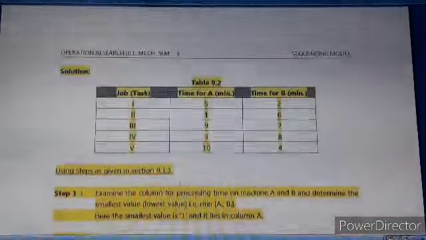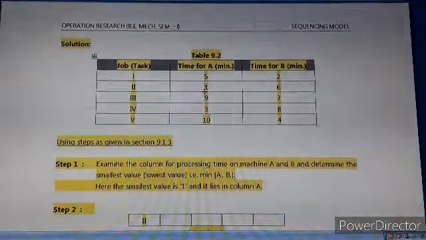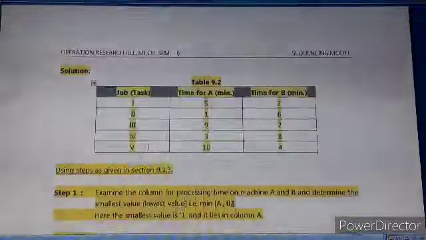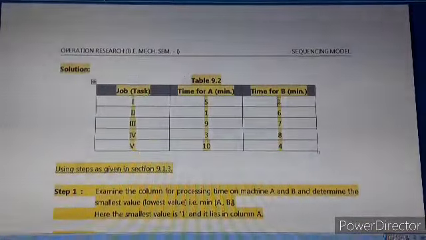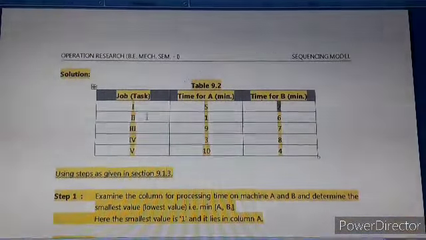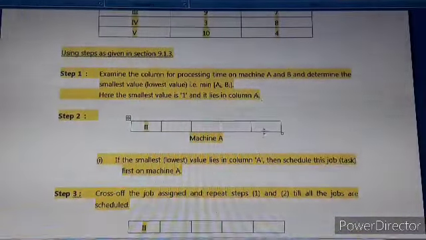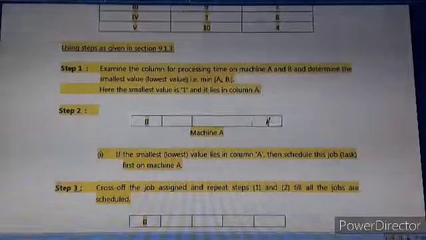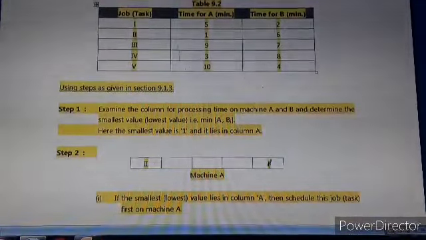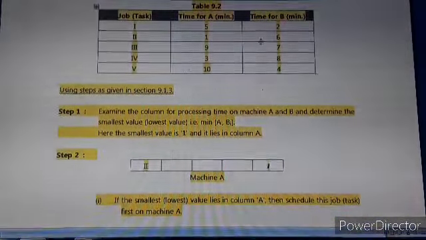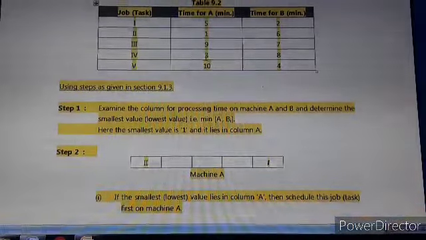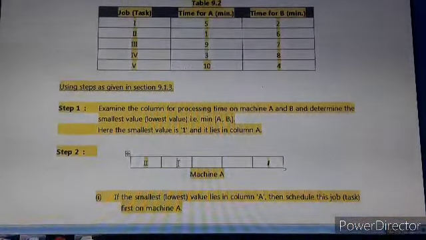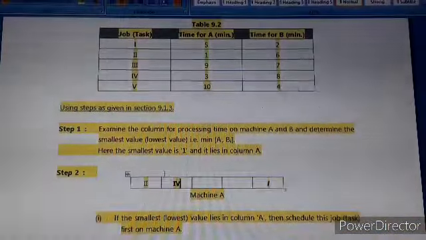Since we have assigned 1, accordingly it is written here. Now the next smallest time is 2, and it is in the second column, that's why we'll assign job 1 here. So 2 is the smallest, that's why it is assigned last on machine 1. The next smallest is 3, and it is in the first column, that's why we have to assign that job, that is job first on machine 4.